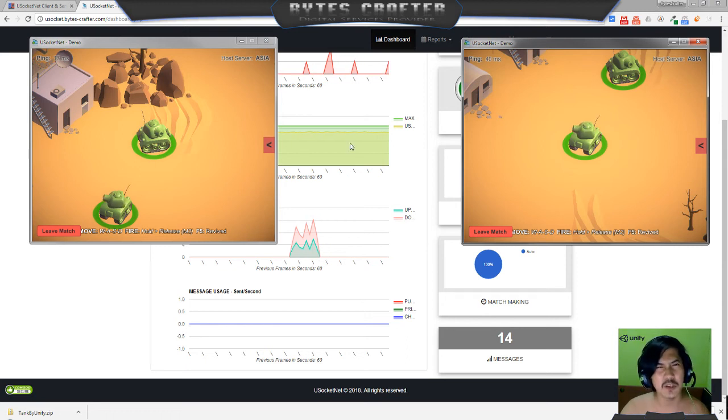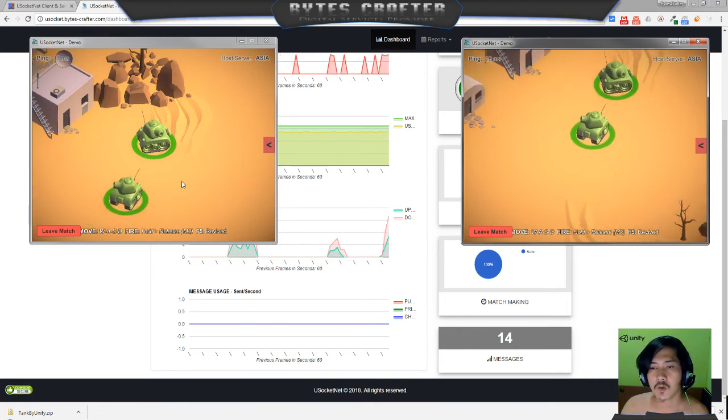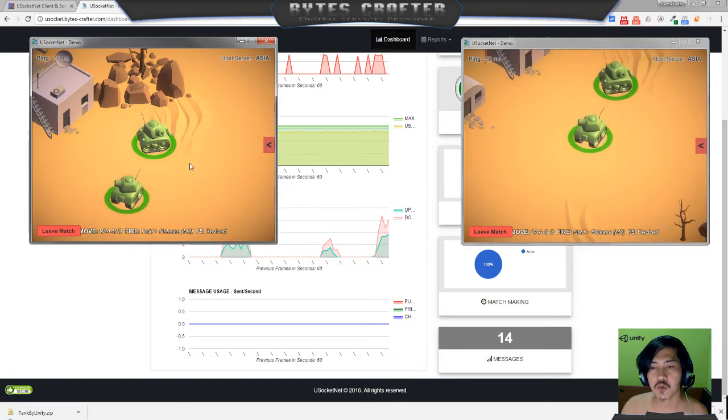So hopefully you get what I mean. We are basically limiting data. We don't want to send data frequently. We only want to send data which must be sent to the peer client if we have a change in state. So as you can see, as I move client 1 here,